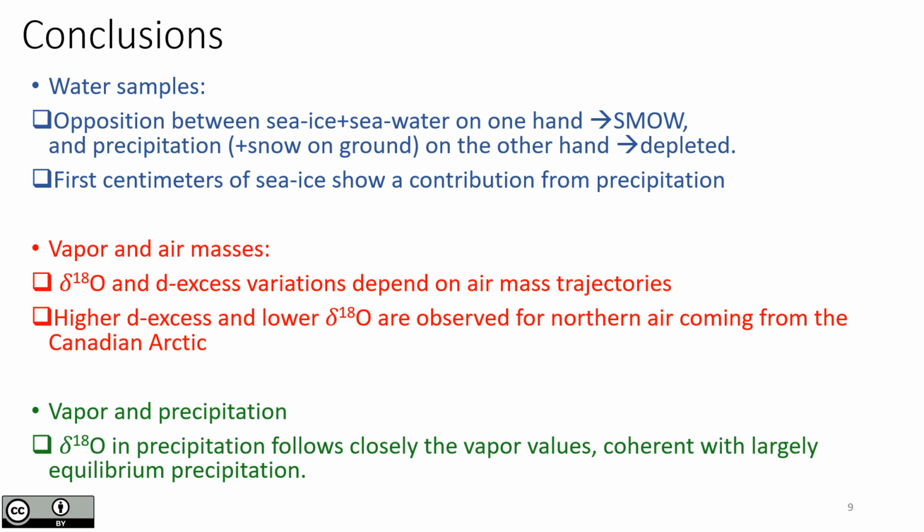We have also seen that there is a link between the isotope composition in the vapor and the air mass trajectories, and we have seen in particular that there is higher deuterium excess and lower delta weighting in the vapor when the air is coming from the northwest and from the Canadian Arctic. We have also seen that there is a good relationship between delta weighting in precipitation and in vapor, and that the deuterium excess values are similar for the 2 phases of water, and this is coherent with precipitation occurring at equilibrium